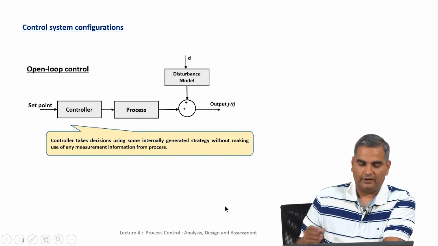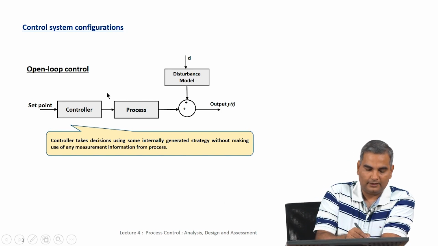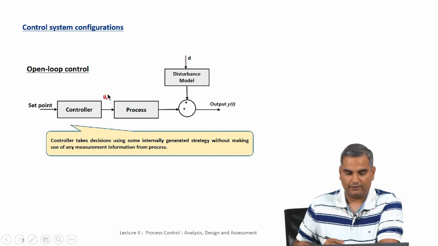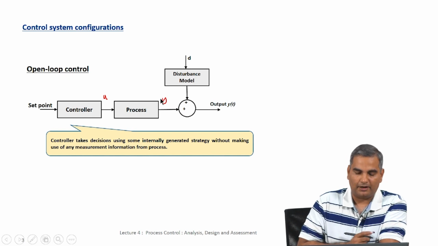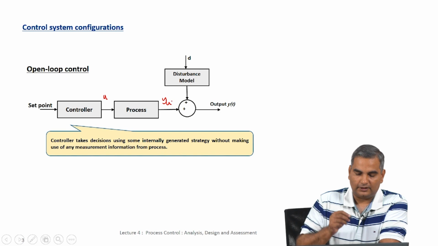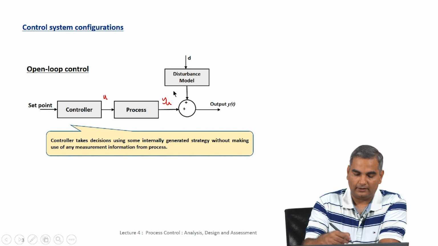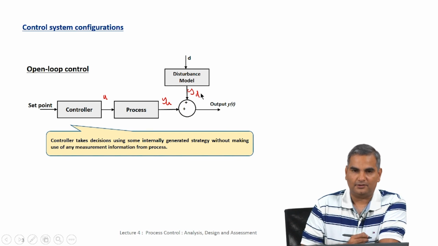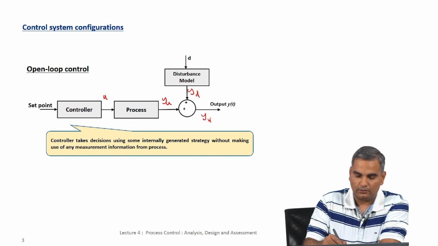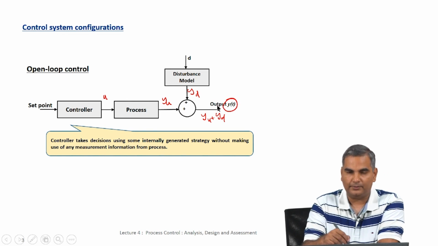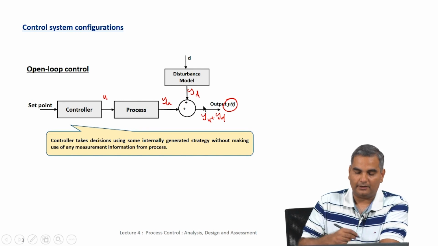So, I have a process. Whenever I draw a block like this, this controller is giving the manipulated variable value into the process, and then the output from just the changes in the manipulated variable is given by this. So, we can say YU, and this disturbance model is another place where the control variable changes. So, the output of this is YD. And because we think about the systems as linear systems, the total output change because of disturbance and u is going to be YU plus YD, which is what you will observe as Y. You cannot usually directly split this Y into these two components, but mathematically this is what this means.